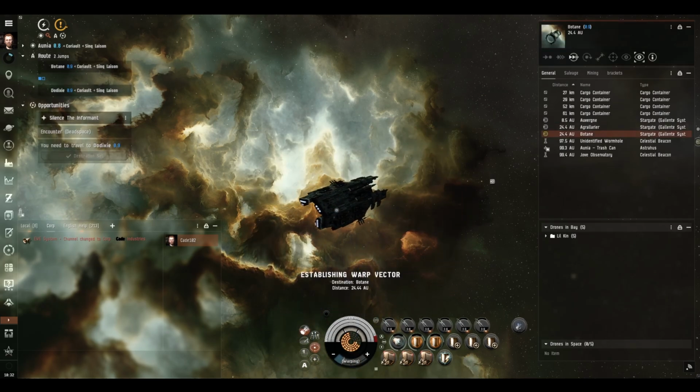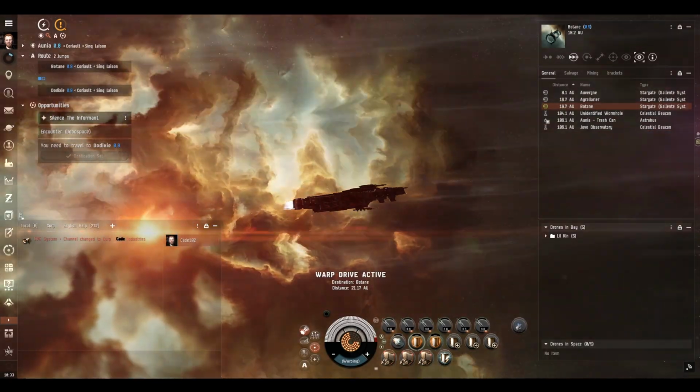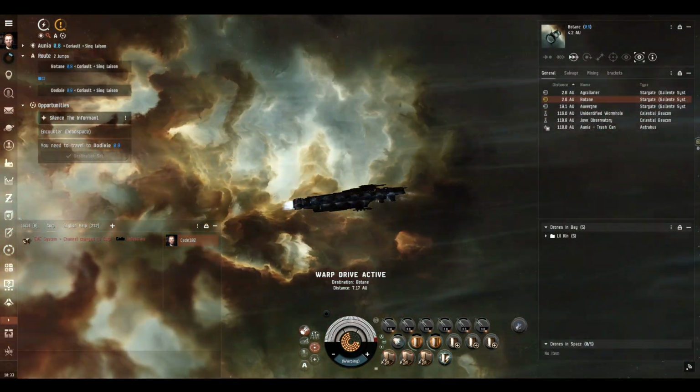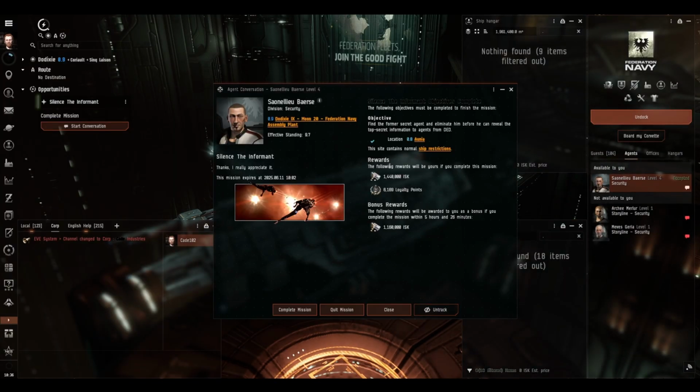Warp drive active. Yeah, I believe at level 2, you can get some random 3% hardwires, which can be like a couple of thousand, or they could be like 20-30 million, which is nice. And at level 3 it drops skill books, so I was right about that. Right, here we are, made it back safe and sound. Let's complete this very difficult 6-hour long mission which pays 6,000 loyalty points. I mean,